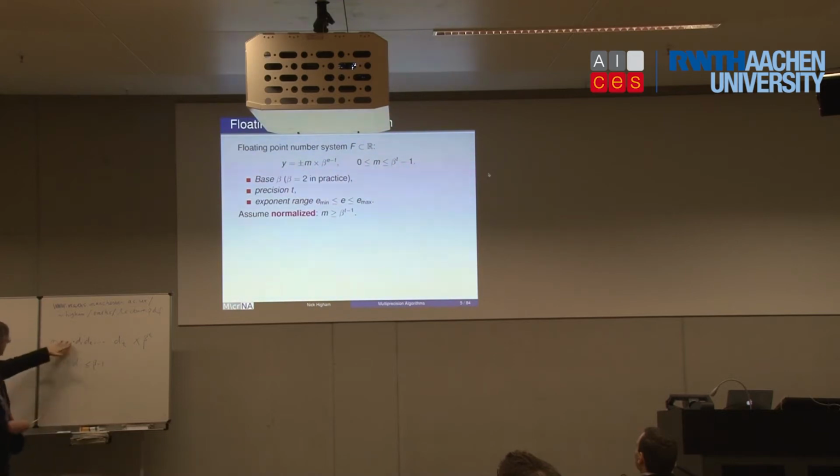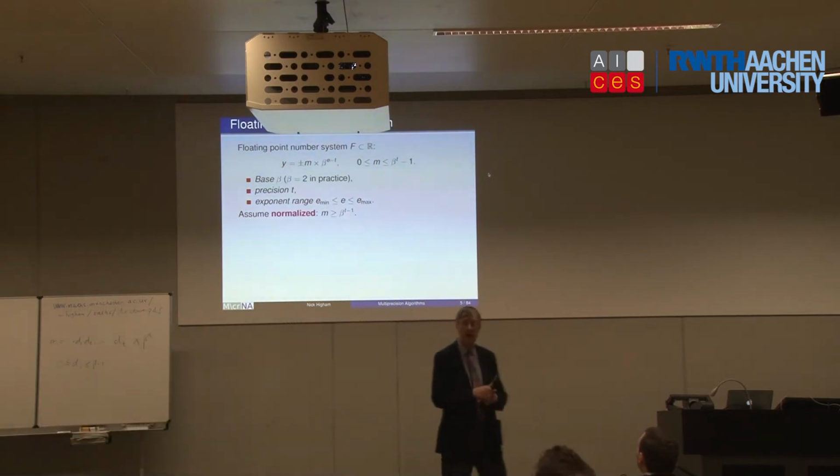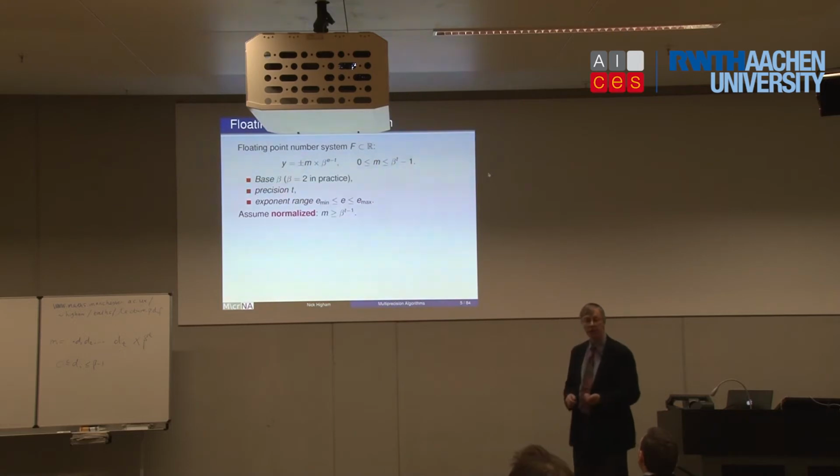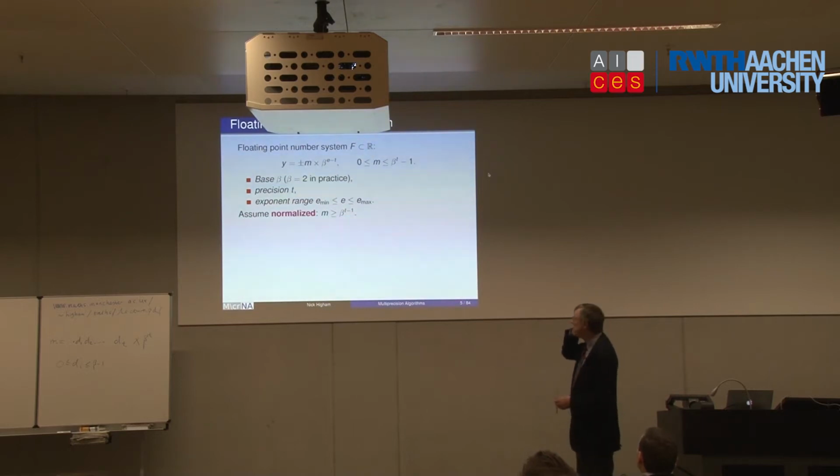So the difference between this expansion and what's on the slide is that on the slide you just see integers. There's an integer m, which is the significand, sometimes called the mantissa. Beta is the base, t is the precision, and you have the exponent e. So those are just 4 integers that characterize the system.